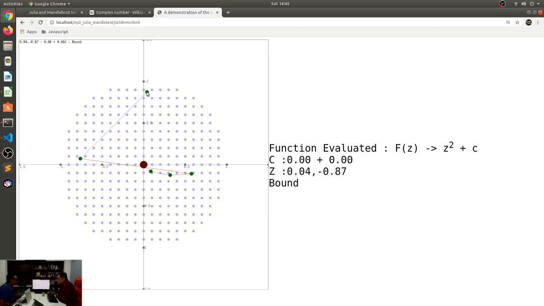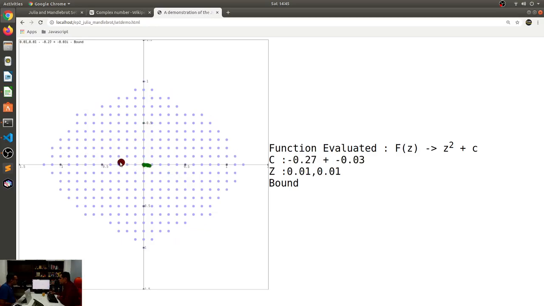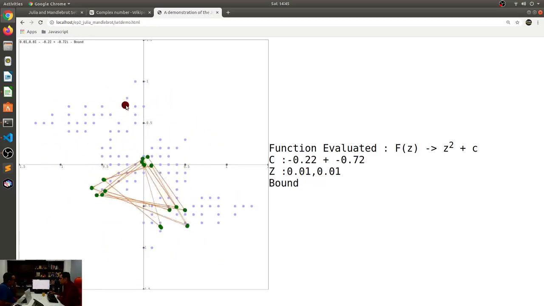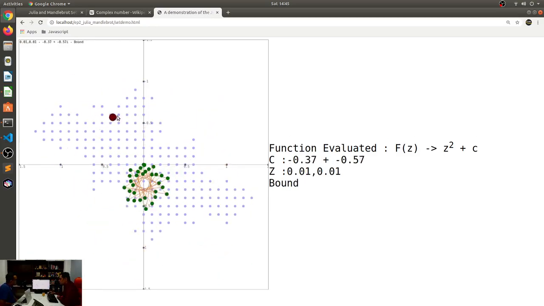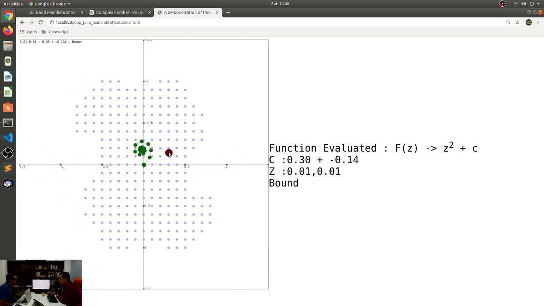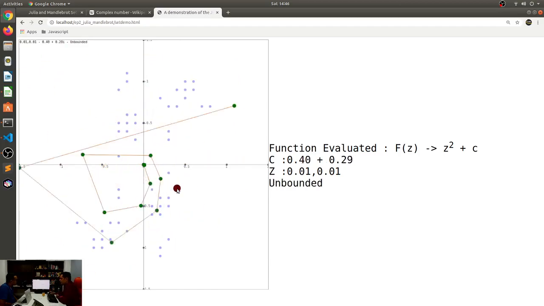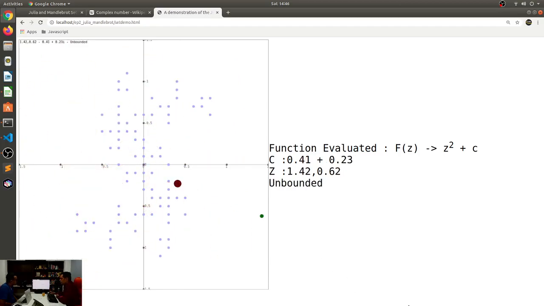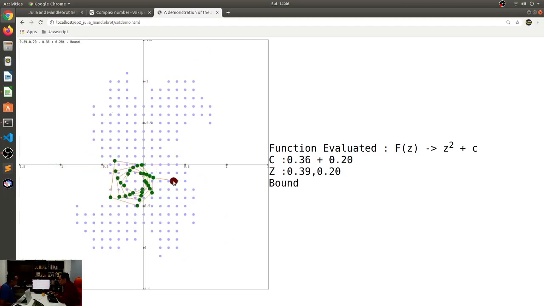All right. Now you might be wondering what these blue dots are. All of these blue dots essentially represent all the spots where the values will remain bound. And that's essentially what the Julia set is. Now what happens if I move C? If I move C, you will see that different patterns emerge. And some of these patterns will look vaguely familiar because you would have already seen them as part of Julia sets. Right? So over here, for example.